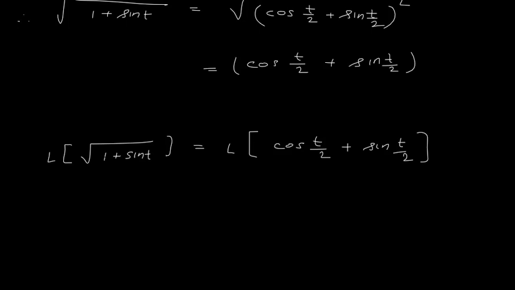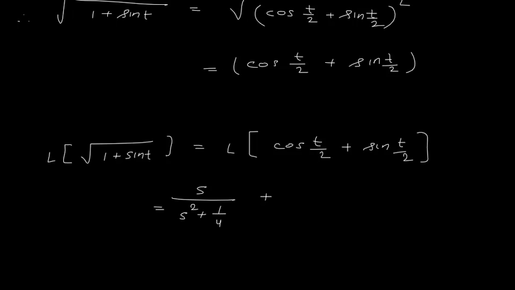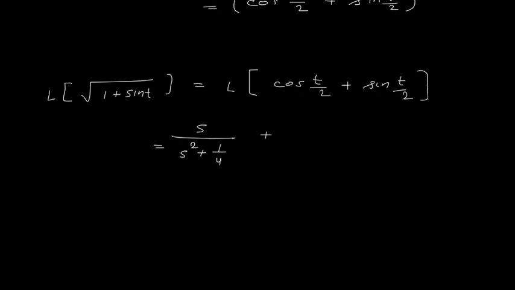This is equal to, now Laplace of cos is what? s upon s square plus a square, that is 1 by 4, plus here it is a upon s square plus a square, which is 1 by 2, here it is 1 by 2 upon s square plus 1 by 4. Okay, so we simplify, we will get s upon, here it is 4s square, not 2,